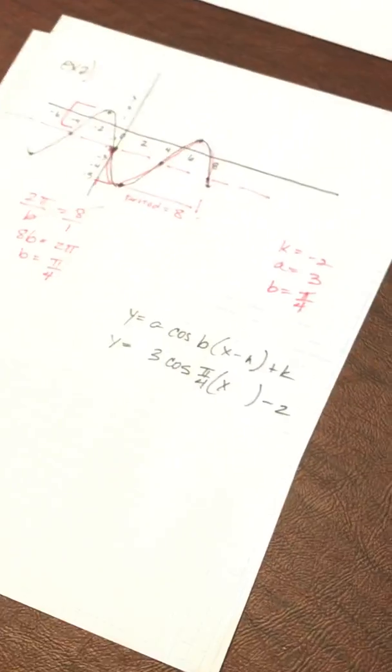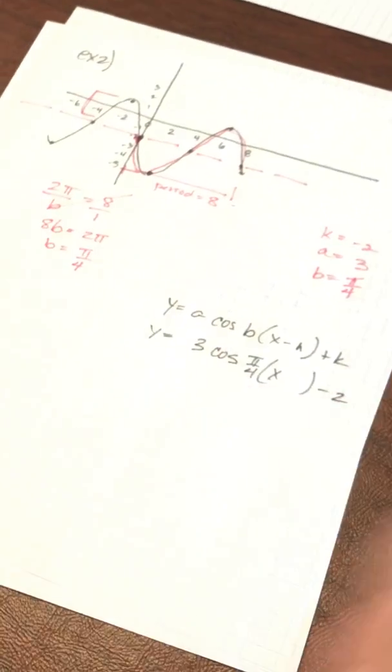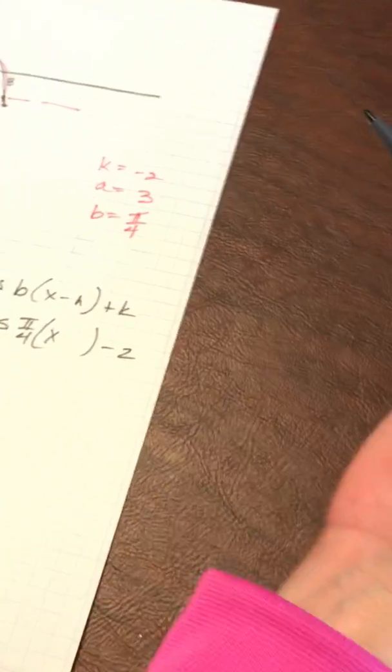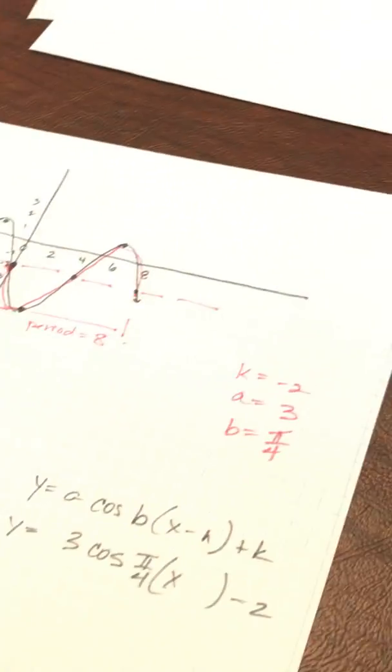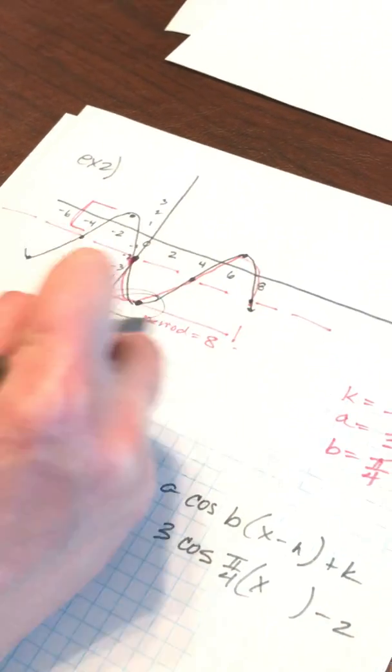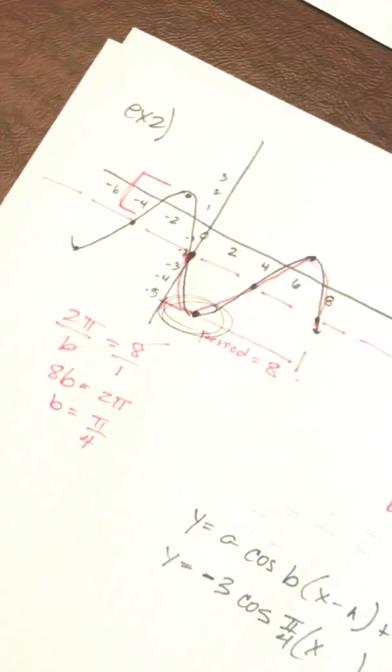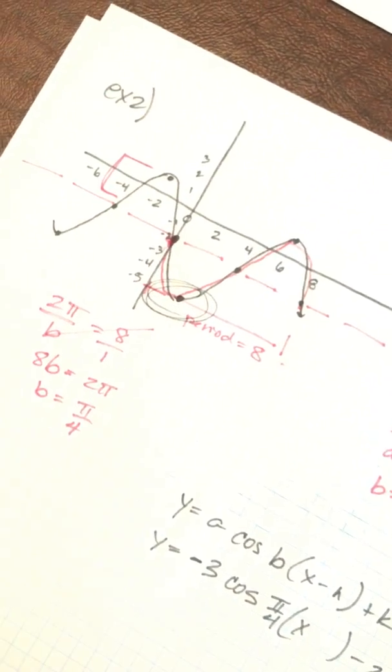All right, I'll show you how to do a reflected cosine. A reflected cosine means that instead of picking a max, as you would for a cosine, you want to pick a min. If I want a reflected cosine, I just want a minimum. So I'm going to pick this point right here. First of all, I'm going to add a negative in front, so that way I can get